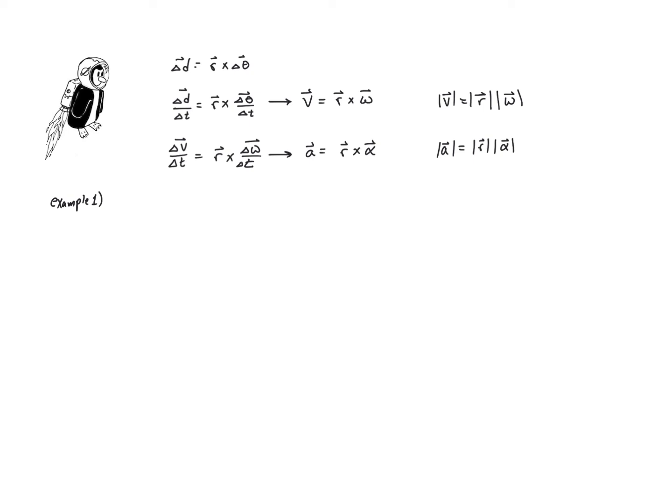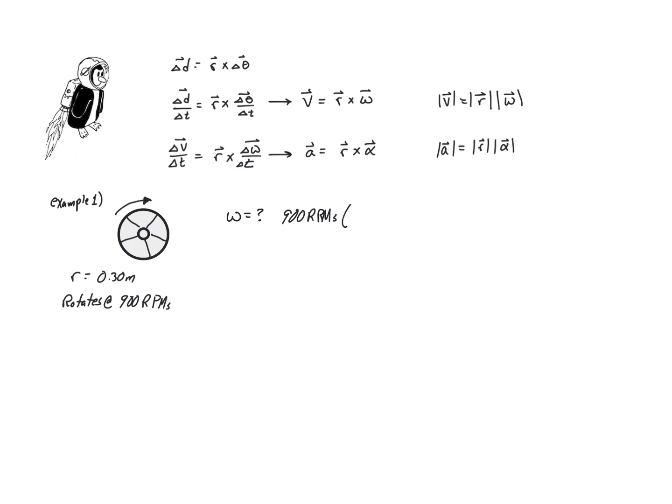Let's do an example problem. Let's say we have a spinning wheel. If the radius of this wheel happened to be 30 centimeters again, but we were told that it rotates at 900 RPMs. Well, our first step is to figure out what omega is. So what is omega? Well, it's how fast it's spinning, but RPMs is not the correct units. So we have to convert here. 900 RPMs